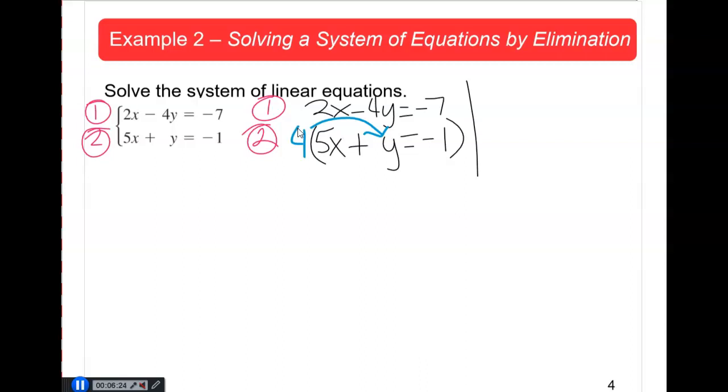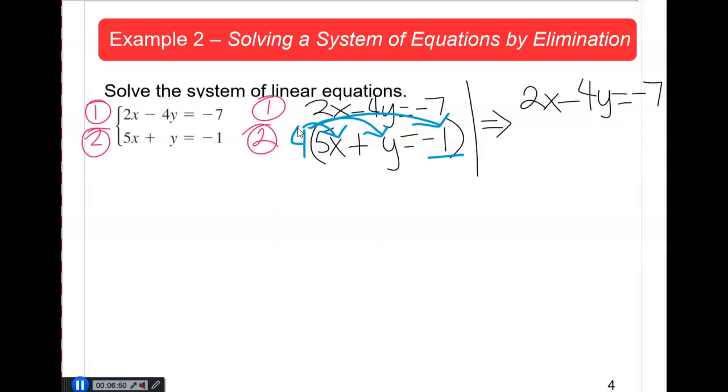So the step after this will be to distribute that 4. We have to make sure that we multiply it to every single term inside the parenthesis, including the constant term, the one after the equal sign. It is very important that you do not forget to do that. It's a very common mistake. So you have to distribute that number across the whole equation,